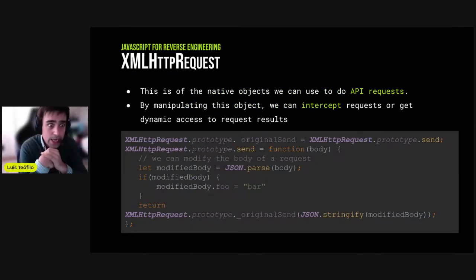Another thing that I personally used for trying to understand how apps work is to change or modify the native objects. So we have this object, XMLHttpRequest, that basically is the object behind the AJAX requests that we do to APIs. And I'm basically changing its original behavior. So I stored the original send function, which sends a request, and the new send function will basically